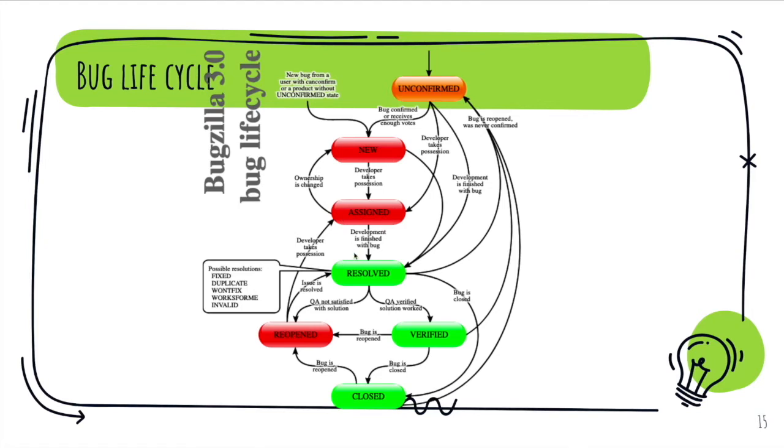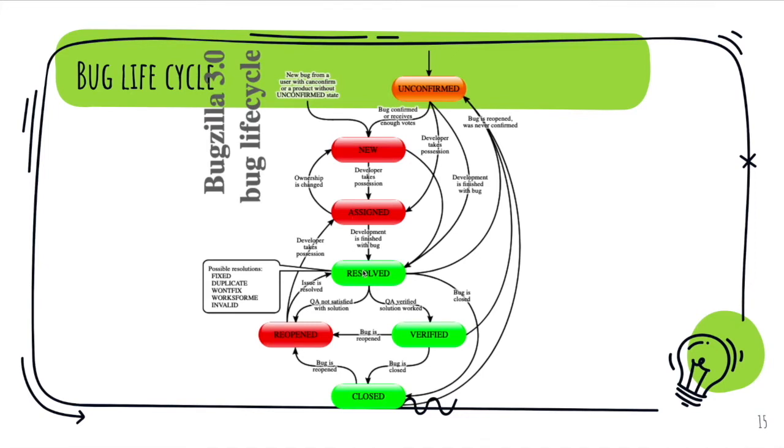So this is the whole process of the bug life cycle, in which we are taking care of how we are going to test the application issue which is coming in, and whether it is getting fixed or not. If it is not getting fixed, it will go back to the developer, and if it is fixed, the tester will verify and then close the bug.